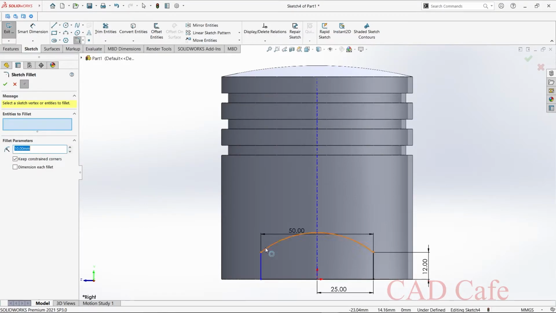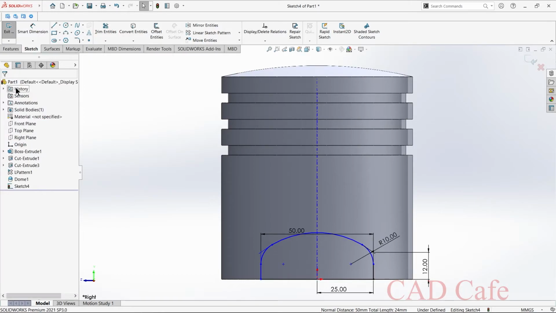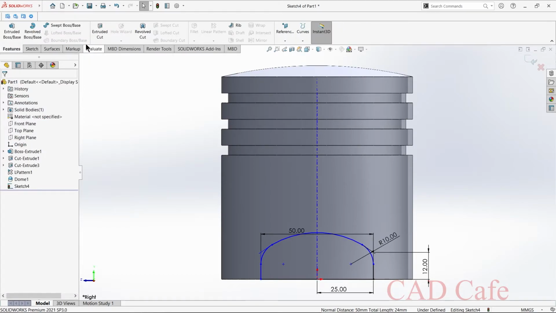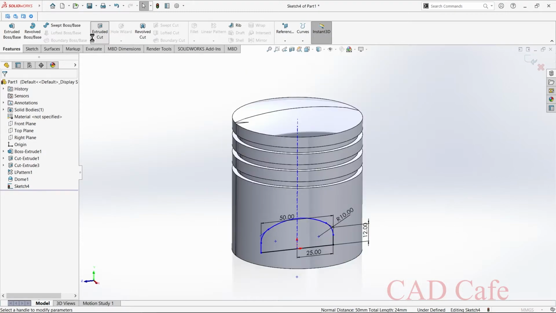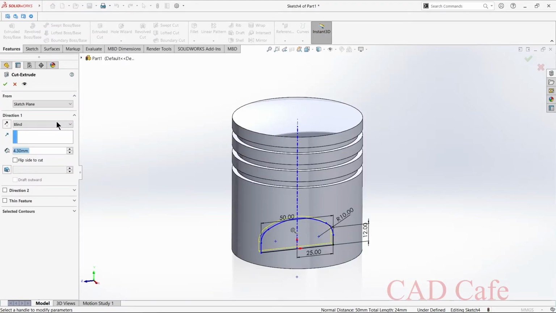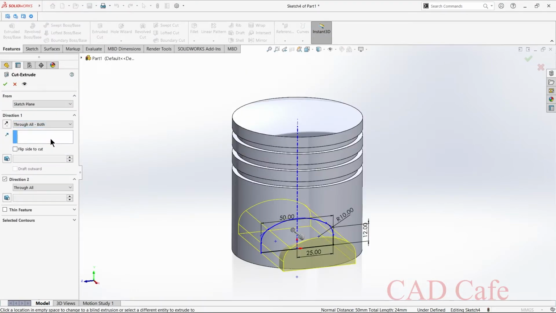Entities to fillet, select this edge and this one. Okay. See, we got this shape. Okay. And select features, extruded cut, and from here select through all both.